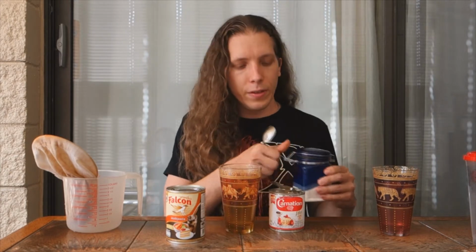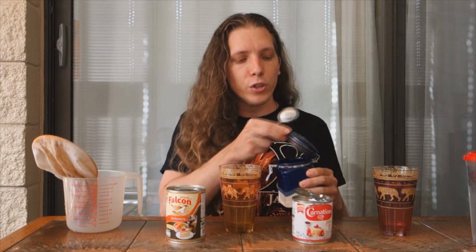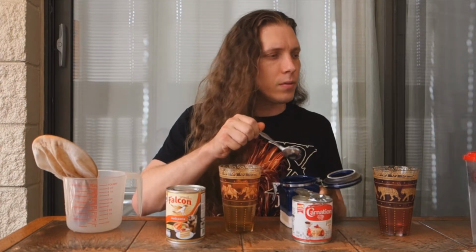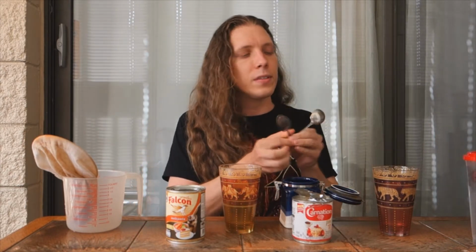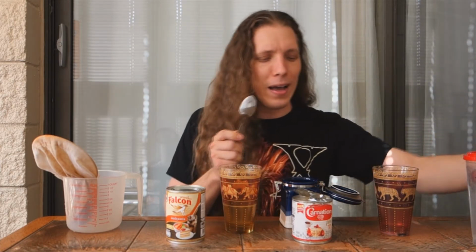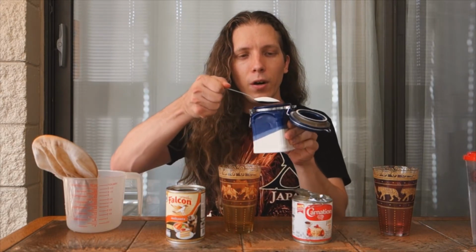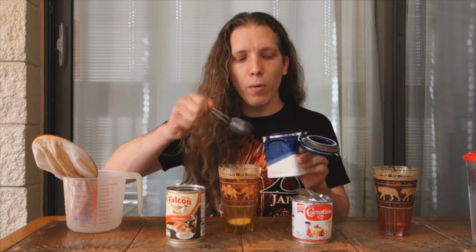All right, so here we go. First, we're going to start with 2 teaspoons of sugar. Okay, 2 teaspoons of sugar. Oh, wait. I want this teaspoon. I don't know if this is a teaspoon, but anyway, this is a teaspoon to me, in my eyes. Okay, here we go. Slightly rounded. Boom. 1,